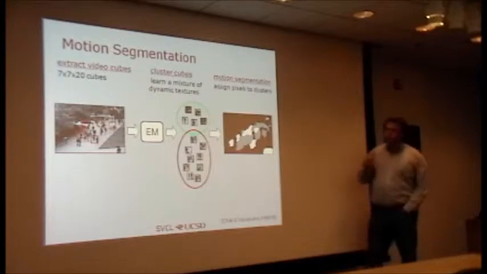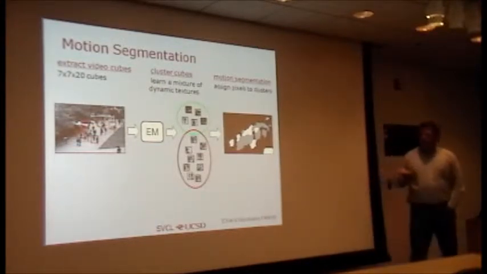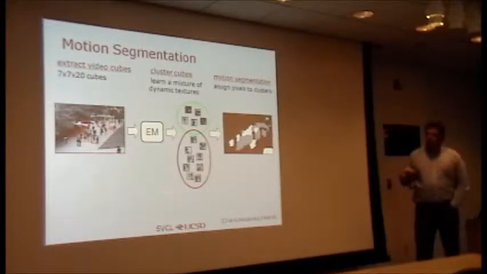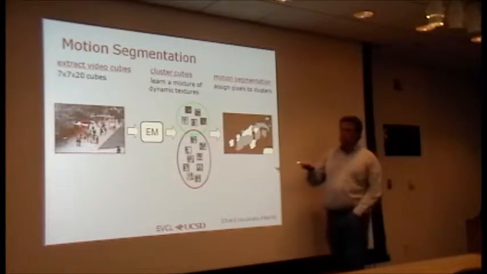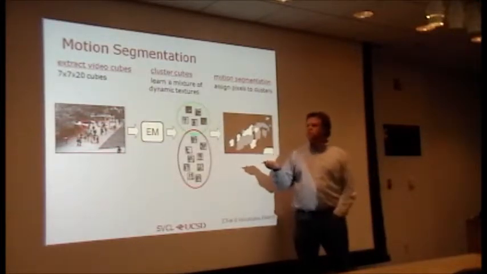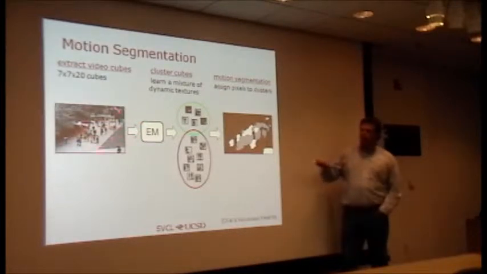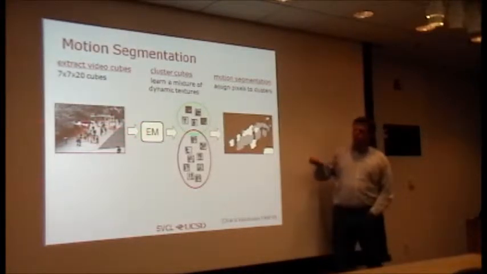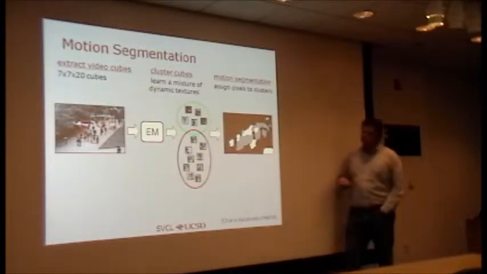Okay, so that's the model. What can we do with this? The first thing we can do is video segmentation. I already sort of hinted at how this is done. So we have video of, say, this pedestrian walkway. We extract these spatial temporal cubes. We learn the mixture. Say in this case, if I have two flows, people going away from the camera and towards the camera, I learn a mixture of two dynamic textures or two linear dynamic systems,